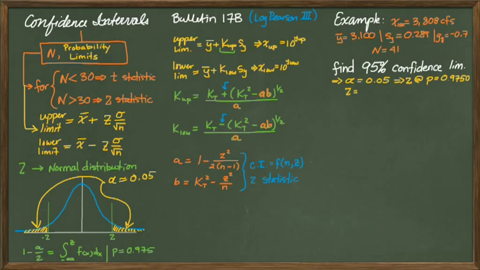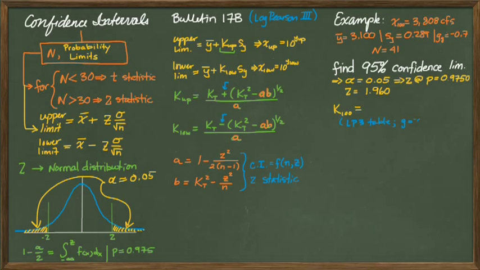Alright, did you happen to get 1.96? Hope so, because that's the right one. So the z value, when we're out at 1.96, then there's only 2.5% remaining to the right tail. And then when we're at negative 1.96, there's 2.5% lower than that value. So what we're trying to find here is the k statistic corresponding to the 100-year event.